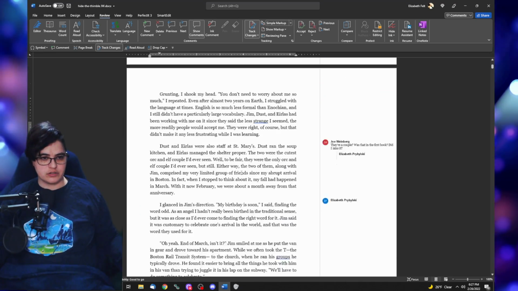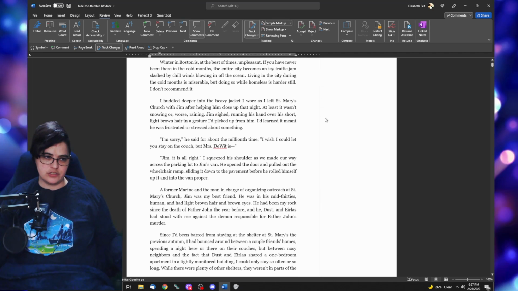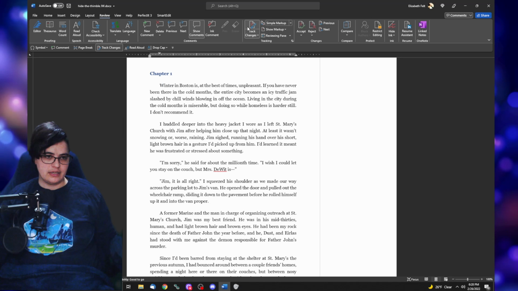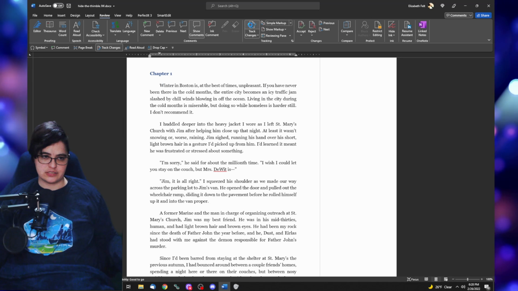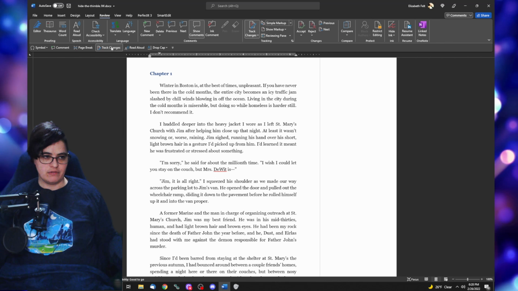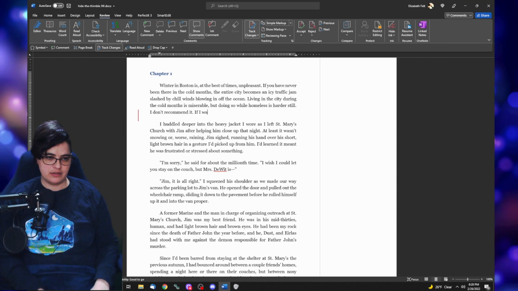When you start doing your line editing, one of the things you can do, if I'm editing for me, and I don't always do this, is something called track changes. Right here, I turn track changes on. Right here you can see it's on. And if I want to add something,